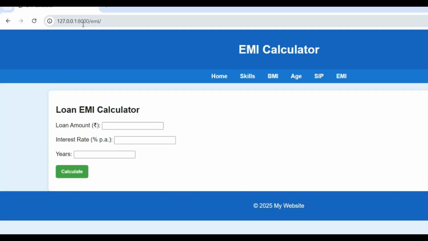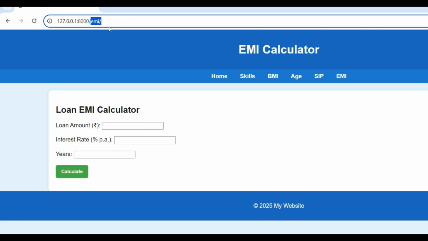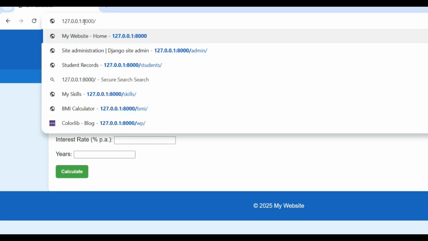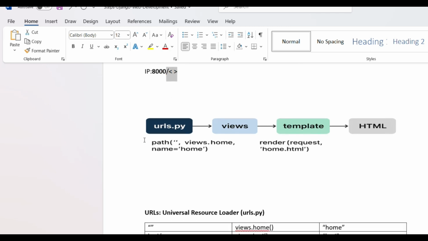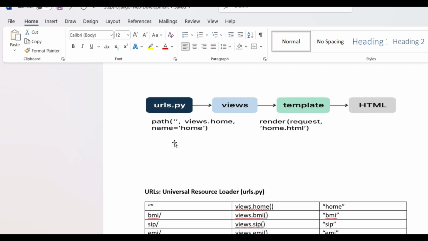This is called the IP address and this is called the port number. The IP address followed by the port number is the base, and whatever you put over here, it will search in urls.py. So we need to construct urls.py.